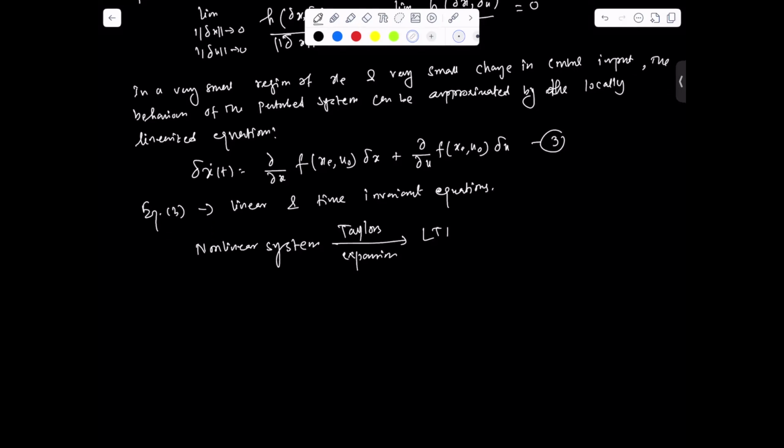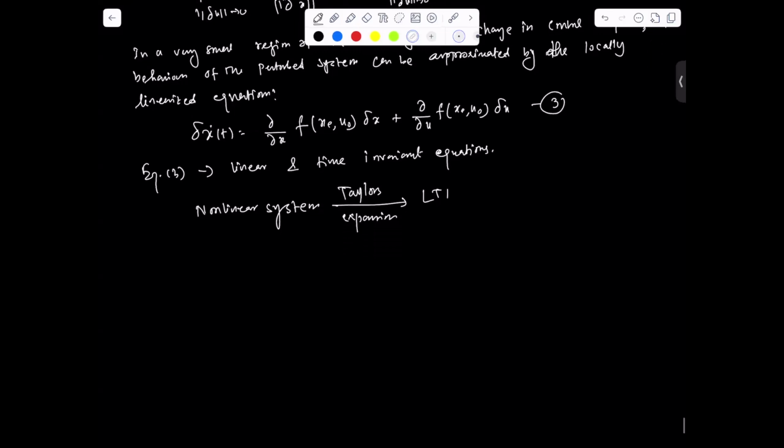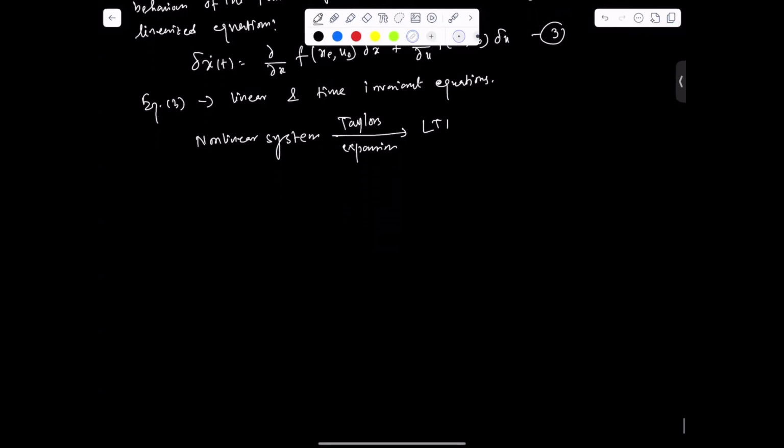And this part you have already done multiple times. If you go back to our previous lectures, we have done it. But why are we doing it now? Because we need this part to study the Lyapunov first method. Now, let us take an example and we'll get a better picture of this part.